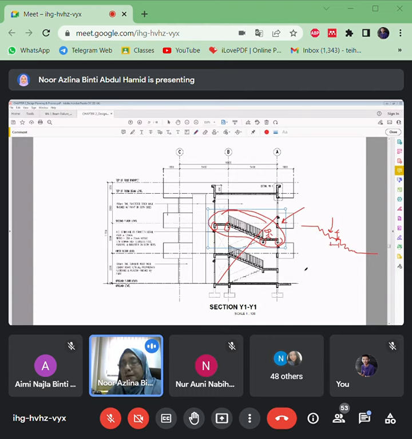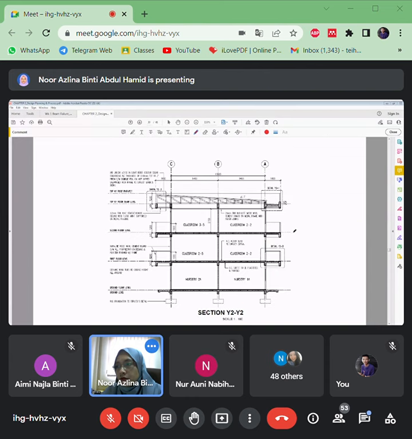Sometimes you have experienced going up to the upper floor and the staircase feels uncomfortable. The steps are too high or too short, or too small for your big foot, or the rise is too high, too small. So everything should be designed to provide suitable facilities to the people in the buildings.